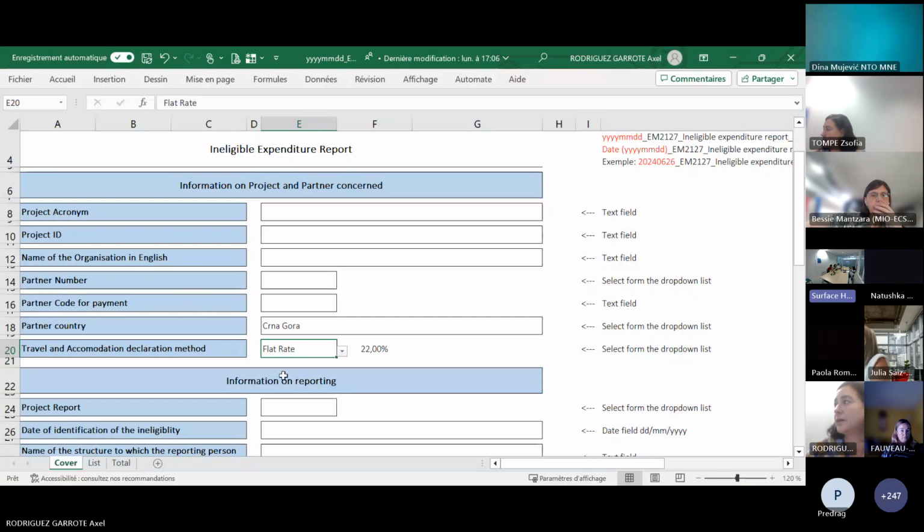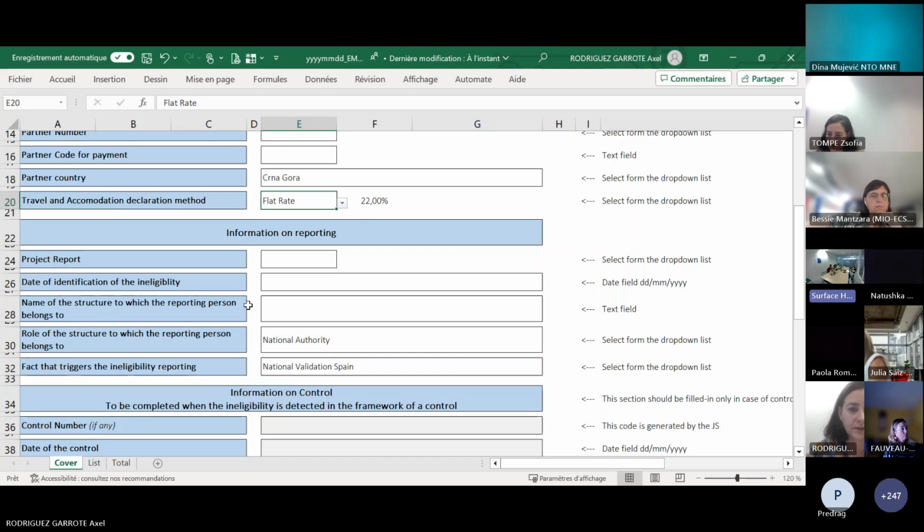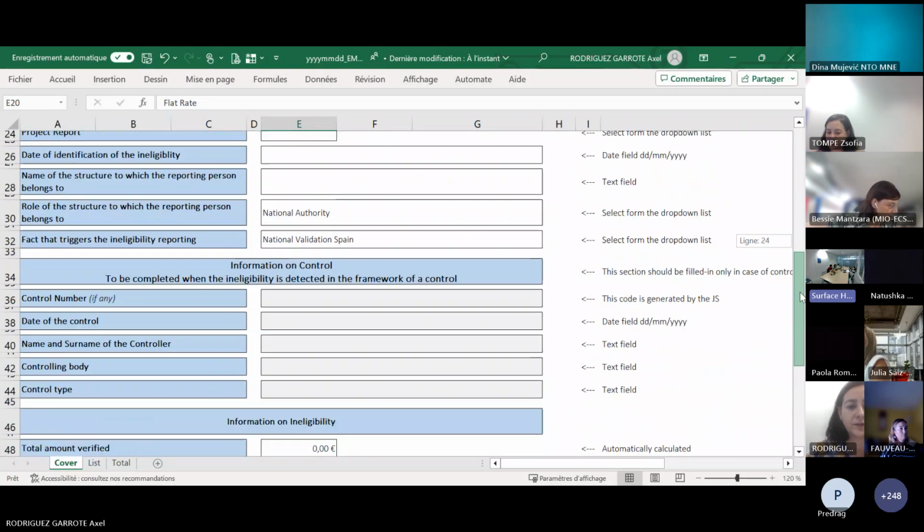If it's flat rate, and almost all of you have chosen the flat rate, this is important because later the deduction concerning the flat rate will be calculated automatically in the Excel file. Here you can choose the information on which project report we are talking about, who the person is, and what their role in the program is who identified some ineligible expenditure.